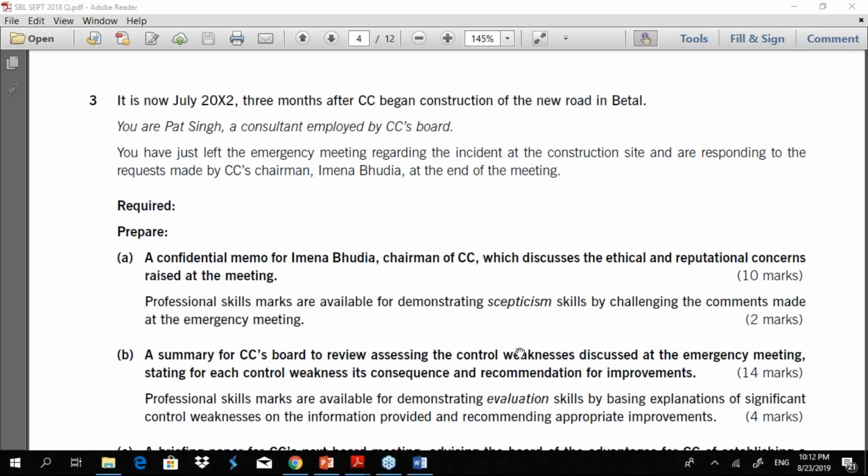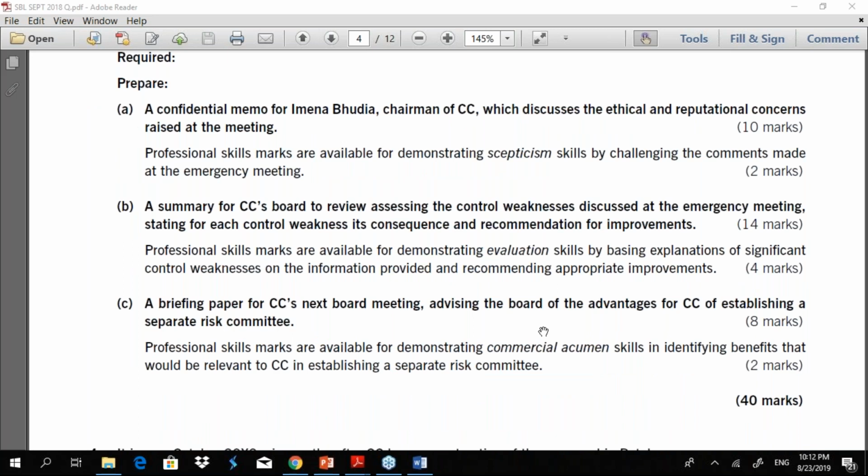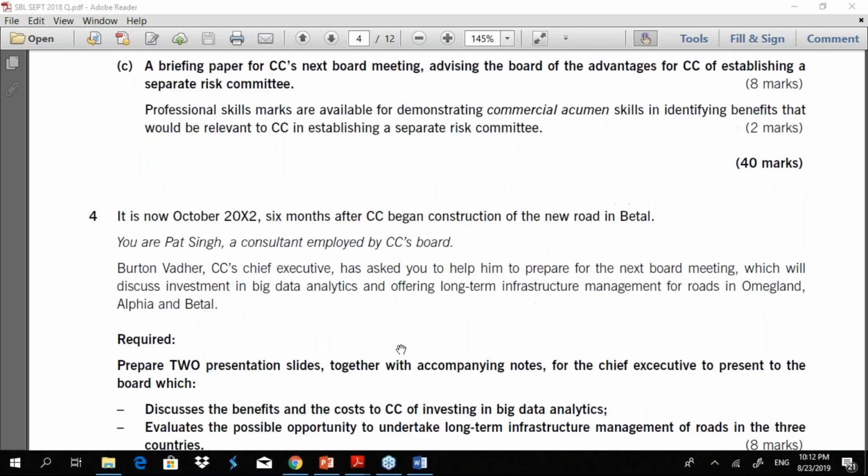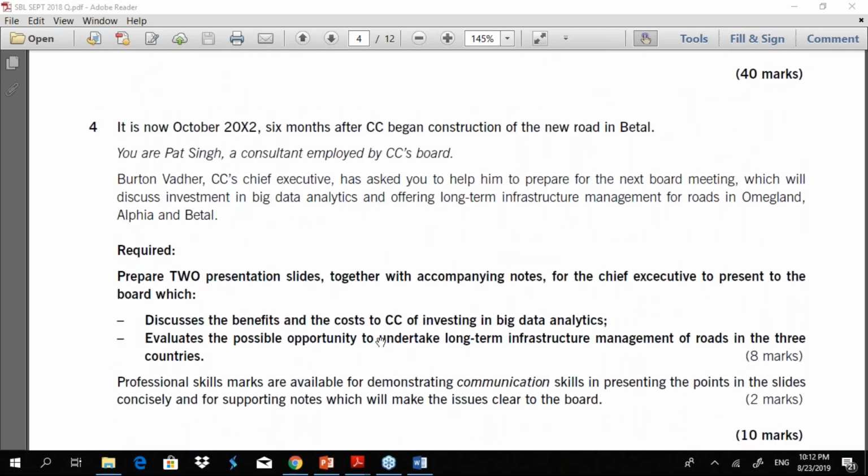Then control weaknesses, risk committee, it's technical. And then big data analytics can be technical. So you would see a balance of technical plus more practical aspects that are being tested.